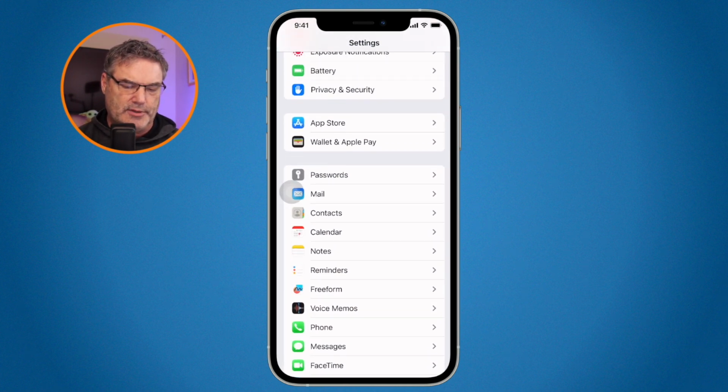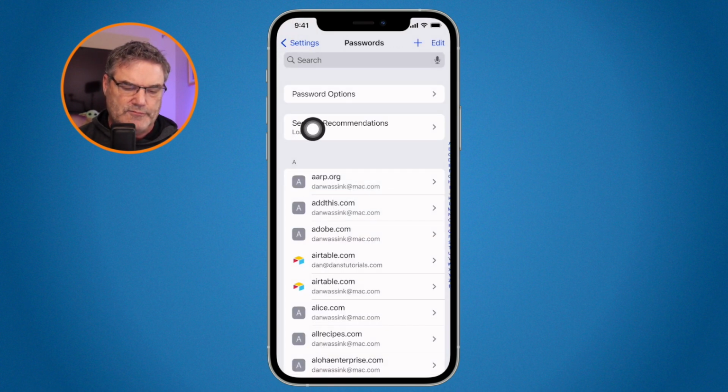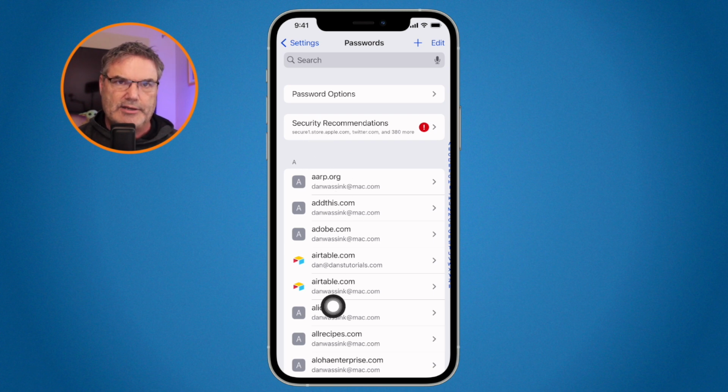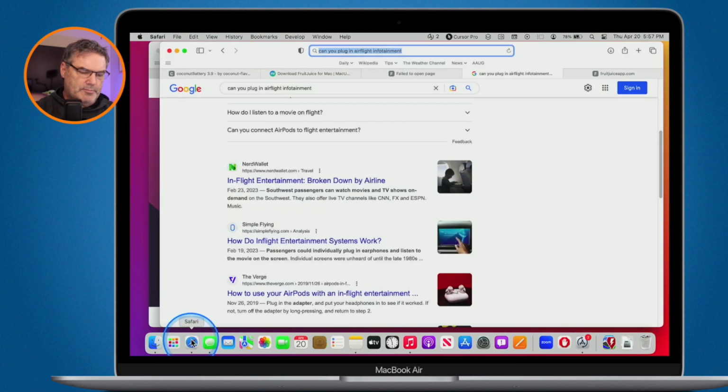Basically, I'll turn this into a two-stage thing. The reason Apple is telling you that is because in your passwords, under your settings app on the iPhone, there is a spot for security recommendations, and you're going to say I have quite a few, 380. Yikes. But basically they're looking at all of your passwords, and they are going to a website,